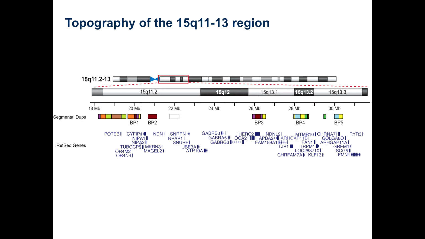So if we look at the region, and here's chromosome 15 lying on its side here, and we pull out this portion, what we're talking about here in this syndrome is really duplication of the Prader-Willi-Angelman critical region. You can see across there that there are 5 different breakpoints, 1 through 5. And really it's between breakpoints 2 and 3 that we have the key genes that are involved when deleted result in Prader-Willi or Angelman syndromes. And for the duplication syndrome, it's really duplication of that region.